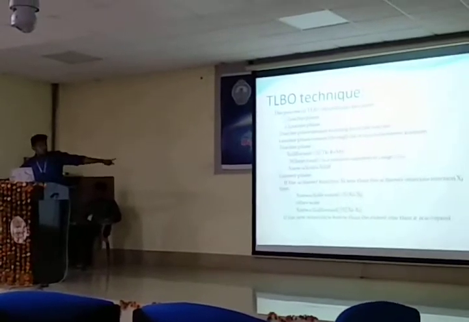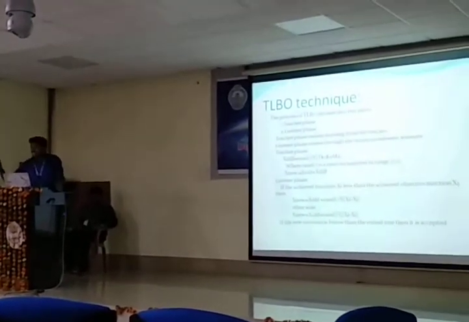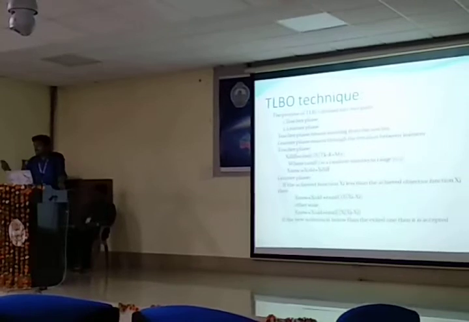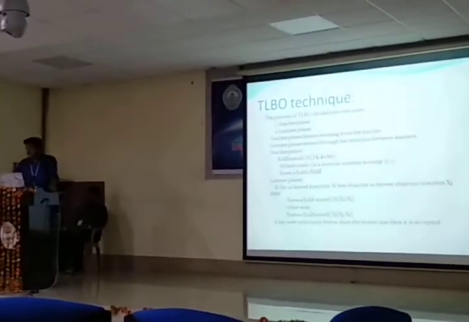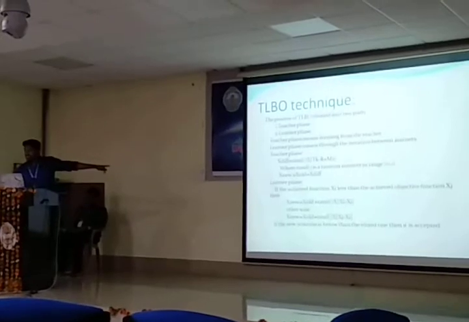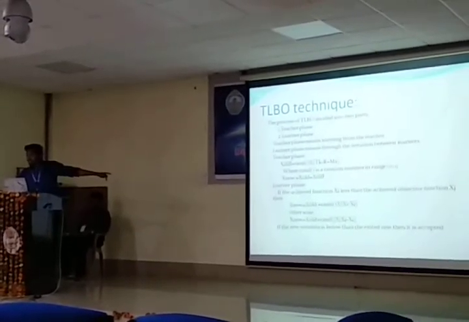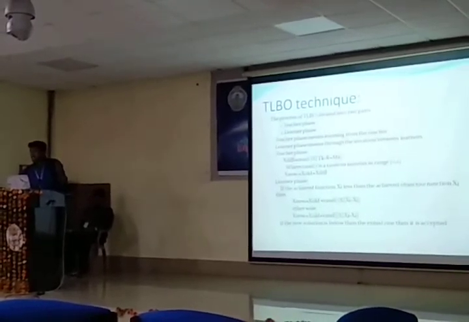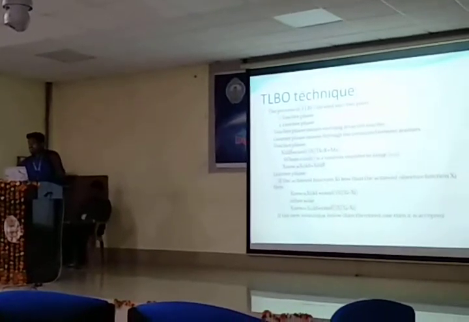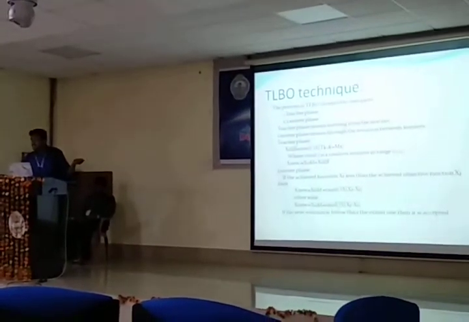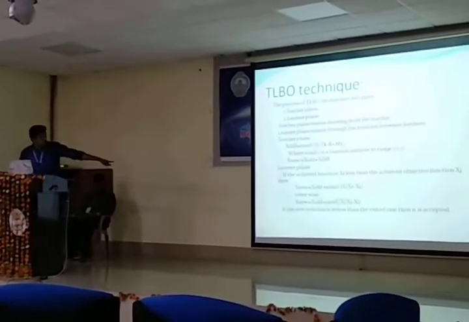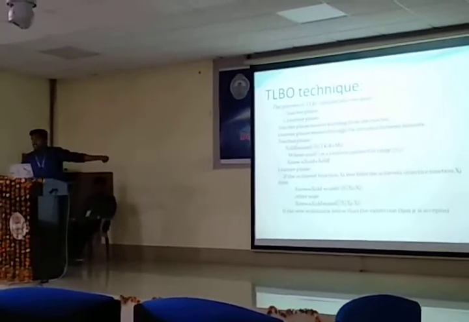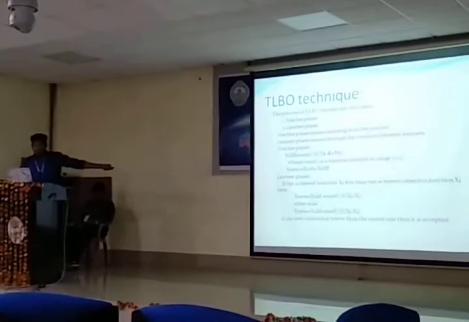After the first phase, once we get a particular solution after some iterations, we consider individual interactions. Let us consider two members and compare them. I take xi and xj as the two solutions, the two members, and compare both of them. If one has a better result than the other, then we update the second value, or vice versa. If the second one has less knowledge, we update the second value by comparing with x1. If the new solution is better than the old one, we use the new solution, or else we retain the old solution.